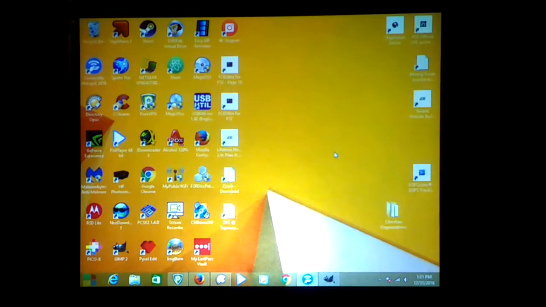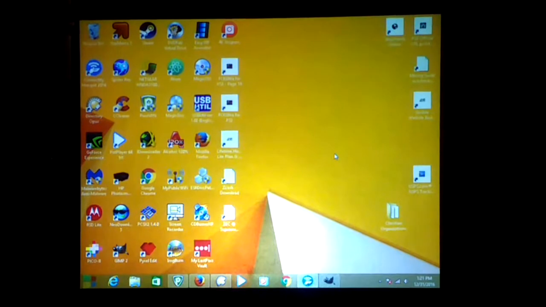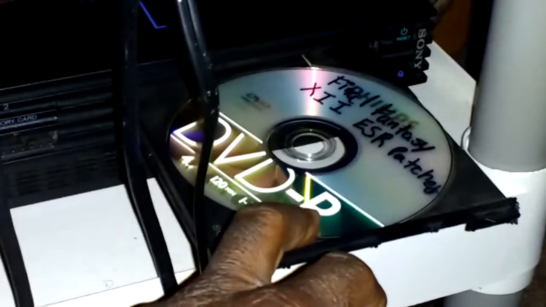Now I'll show you if it works or not, and I'll show you if it does work, with the PlayStation 2, how you start up using Freedom Boot, and what it looks like when it's playing through the ESR program using Freedom Boot 1.952. It's the game that I just burned, which is Final Fantasy 12, onto the Philips DVD minus R disc, and how it's going to work with the Freedom Boot